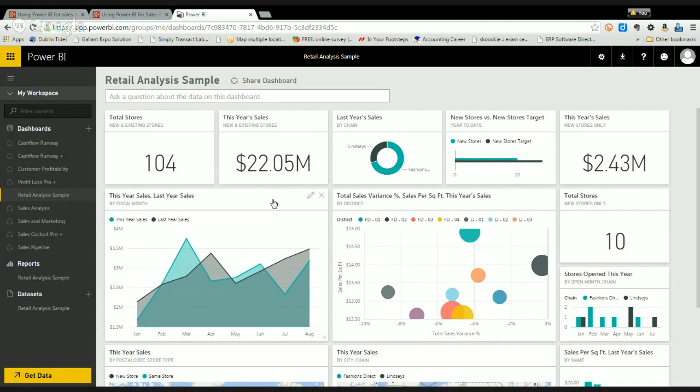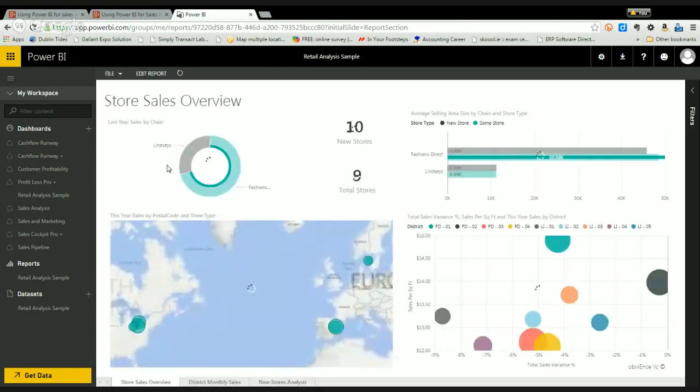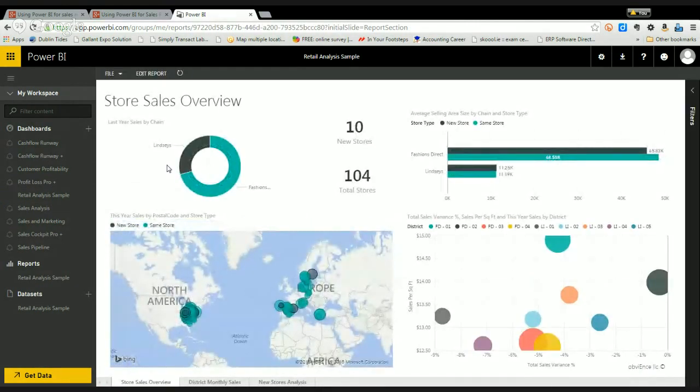So firstly, what we'll do is we'll just drill down into this tile here on the dashboard that says total stores. You see we've got a total number of 104 stores, which is a mixture of new and existing stores. And as I drill down, what I see is we've got last year's sales and this year's sales compared by chain. We've got Fashions Direct as one chain and Lindsay's as another chain. We've got 10 new stores. We've got 104 stores in total. And the data we're comparing will be sales, units, gross margin, variance of this year against last year, as well as some new store